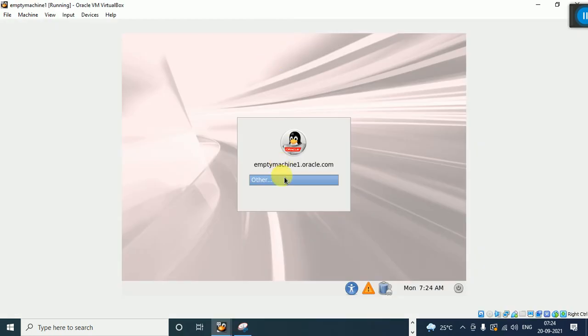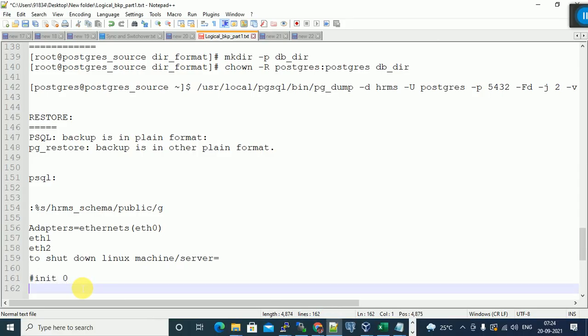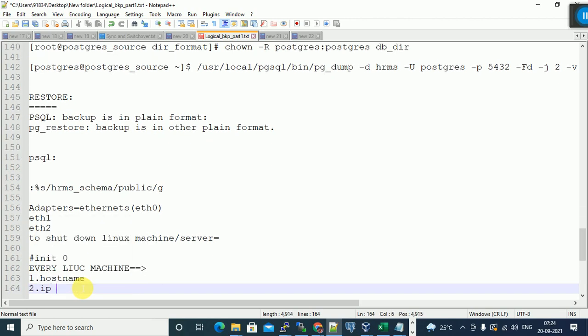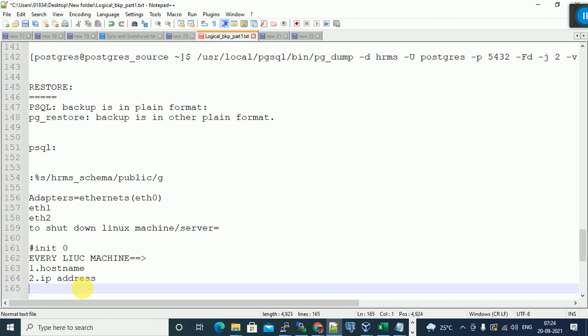Now, after starting the virtual machine, this is the screen we are getting. This is the host name. Every Linux machine will have a host name and an IP address.